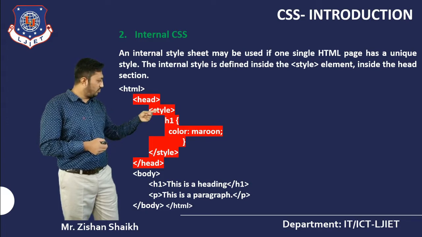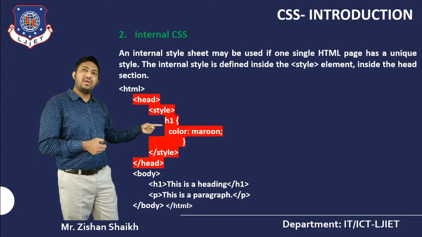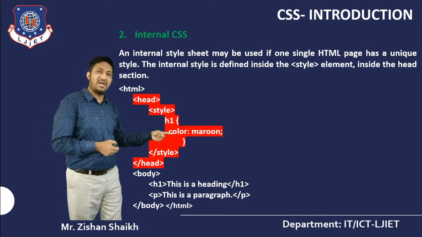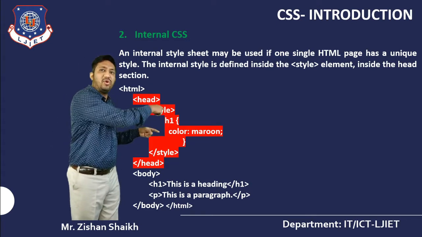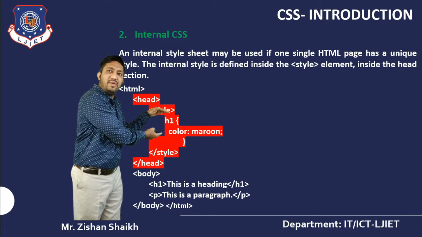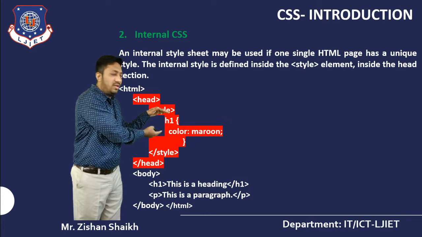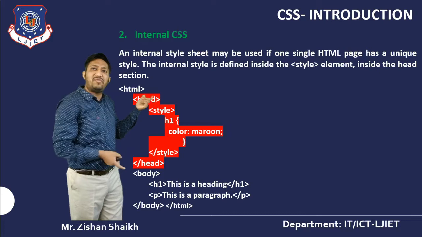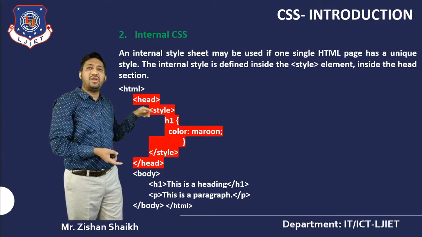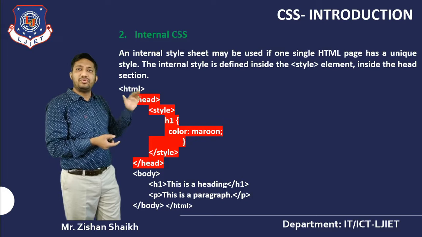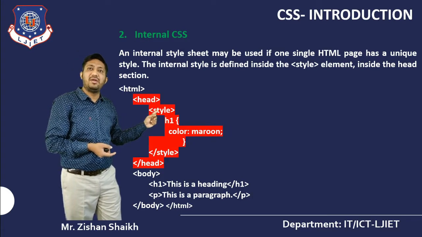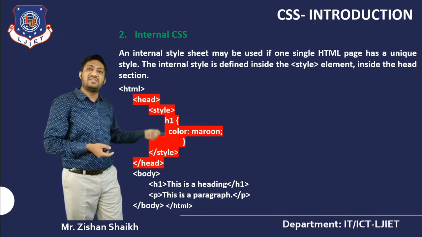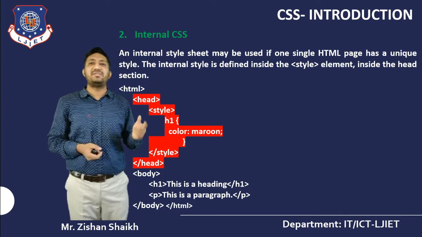In the style tag, we have to write the whole CSS property and value. So here the h1 element is there. In that I am providing the color. Color is maroon. So the proper code of my CSS is what here? My h1 block. That will be written in my external CSS also. Okay. So the h1 code will be written in which file here? HTML file. So how can we write? We have to use that code in my header section. In the header section we must write which tag? Style tag. So in between the style tag we can write our CSS code.